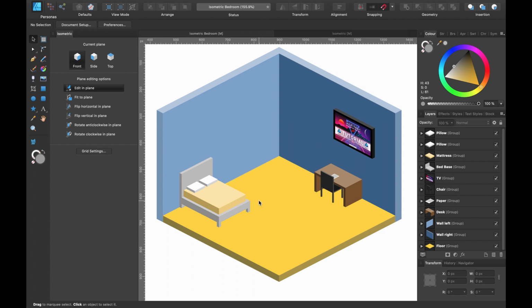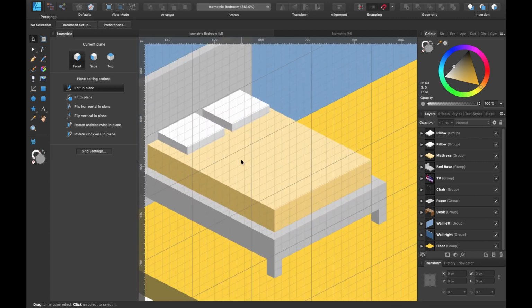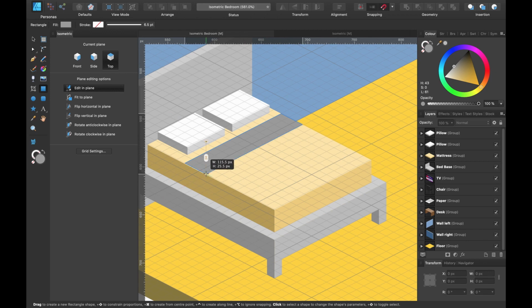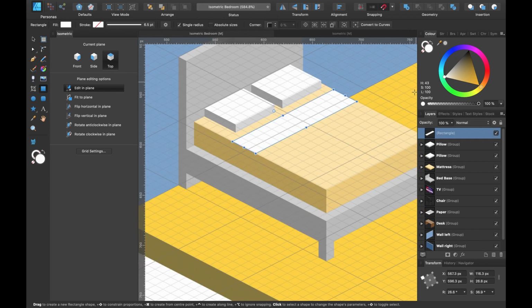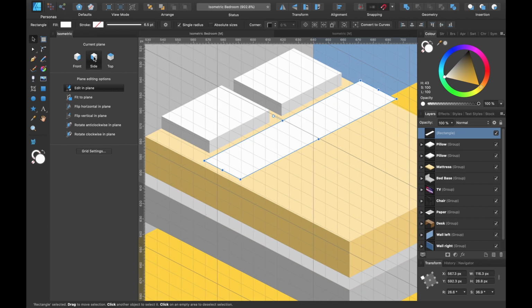We have to add a duvet now, don't we? So let's zoom in and create that. Activate the grid. Click on top. Click M. Draw out a rectangle. Make it white. Press V for the move tool. Click and drag up slightly so we can create our thickness. And now we will create the front and side. So let's start with the side.